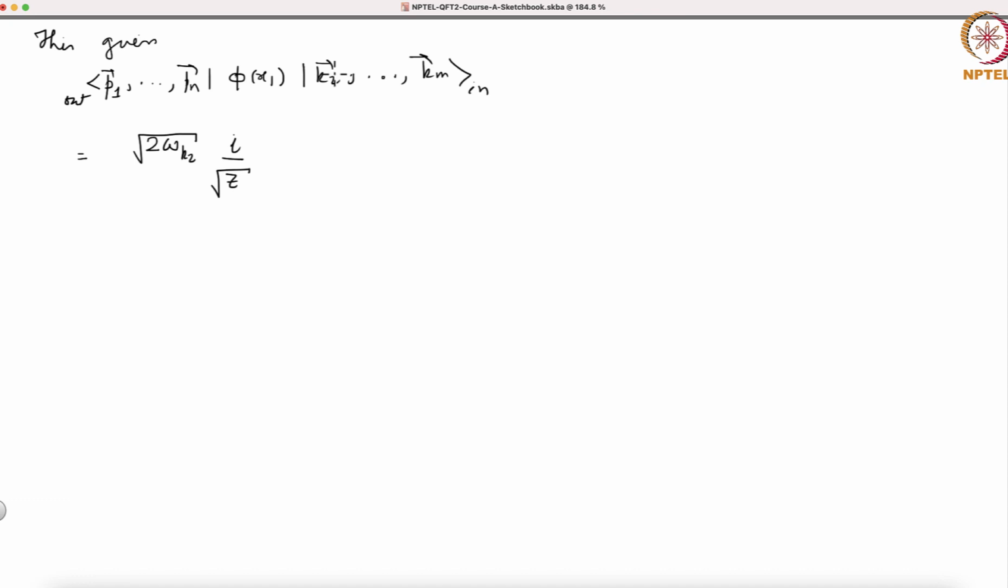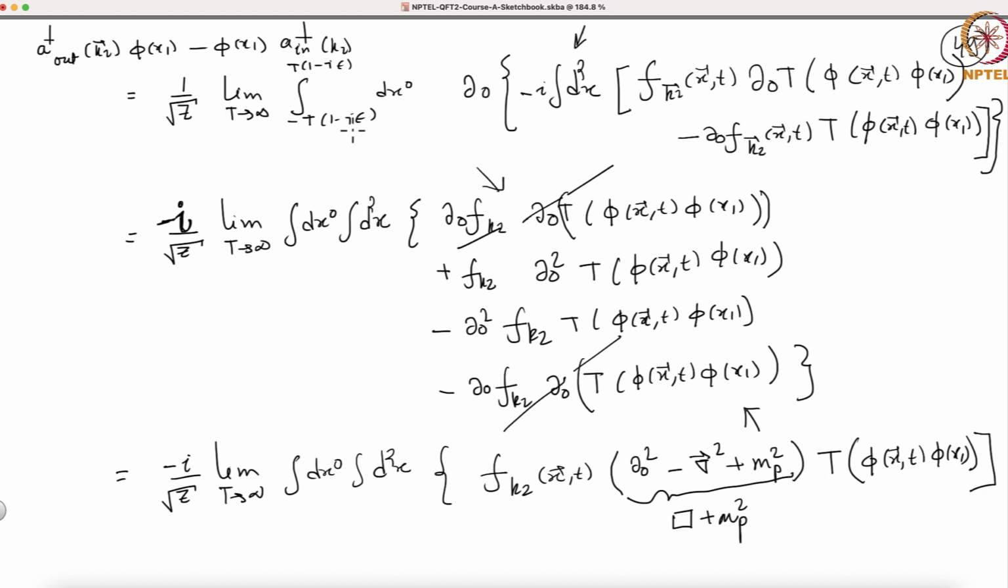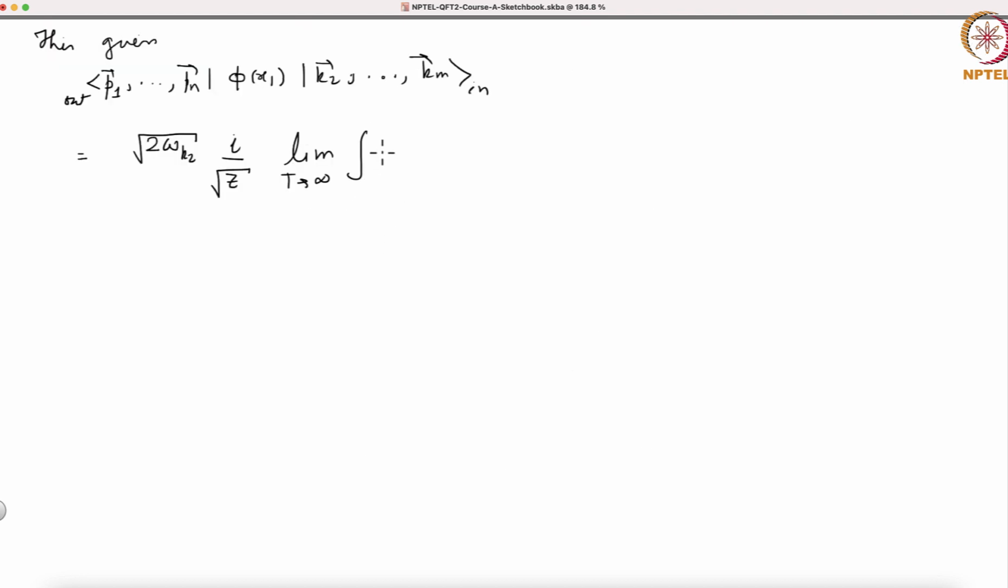Remember, because I am going to remove this k2, I am going to get this factor root 2 omega k2, and also remember I get i over root Z every time I repeat these steps, as I had talked about earlier. So I am going to get this times limit t going to infinity. And instead of using x here, the variable I was writing as x, because this is a dummy variable, I will just write it as x2. So d4 x2, then you have